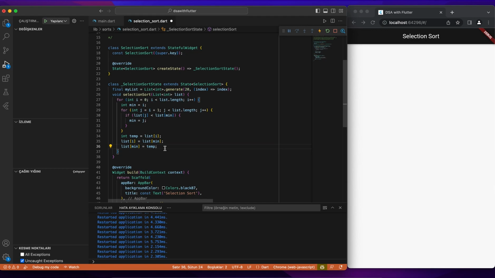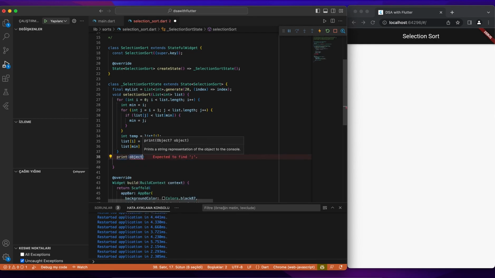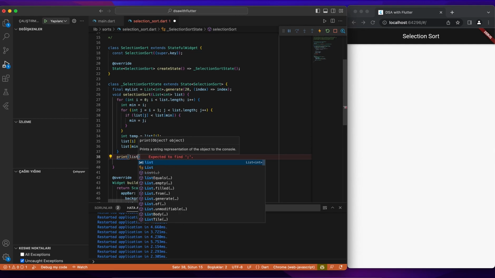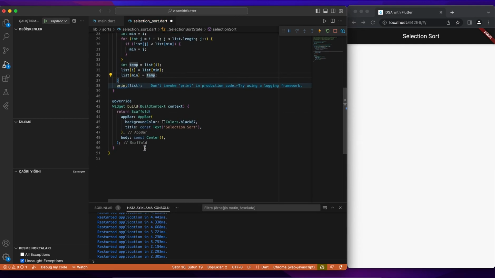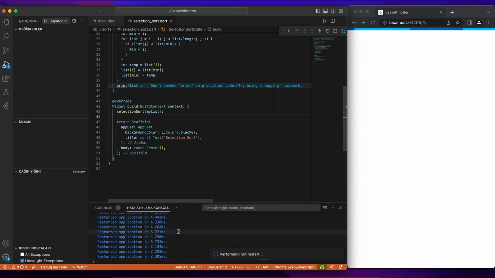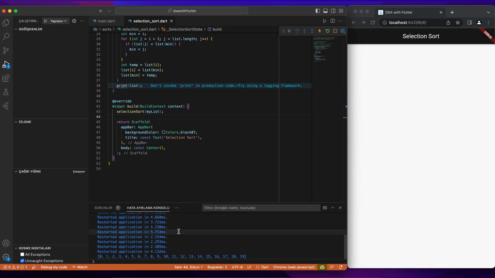Okay guys, this is my selection sort function, and outside the first for loop I want to print my list, and I want to try the selection sort on my list, and I run a rebuild. You see, this is my list, 20 elements,